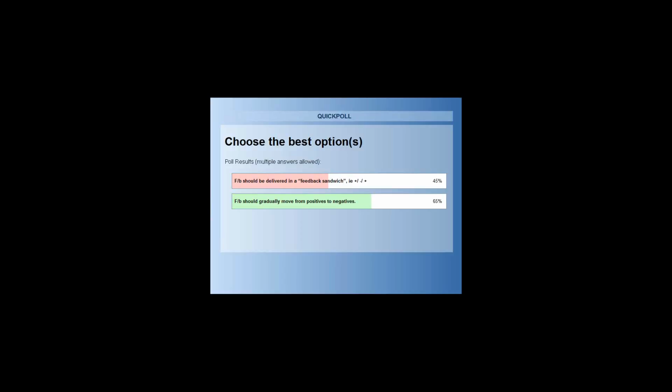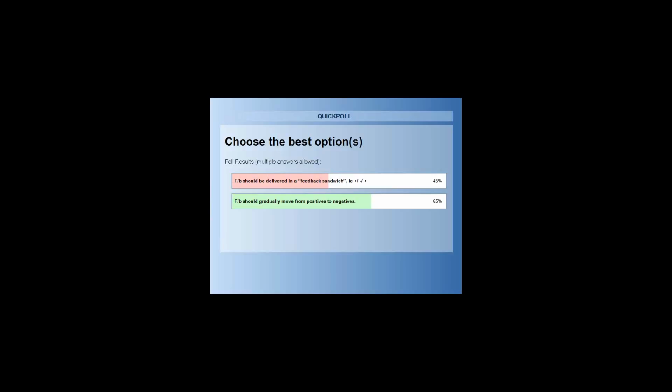So can everybody see the answer? Yep. So I can see that not many people are a fan of the feedback sandwich, and Ian isn't either. I think the feedback sandwich still has its uses. One, you leave on a positive note. You begin gently. Well, I don't think the feedback sandwich really means positive, negative, positive only.